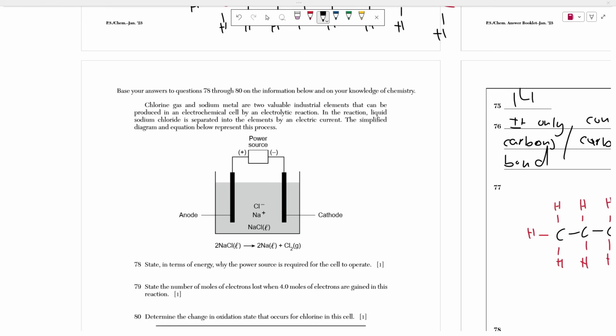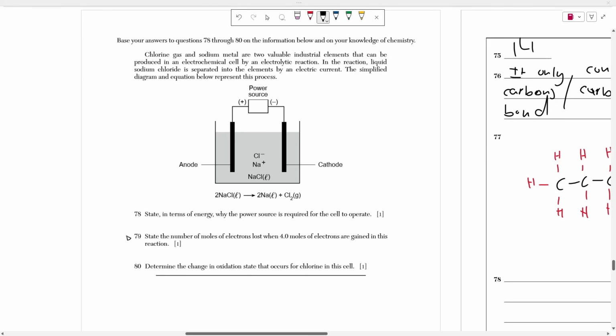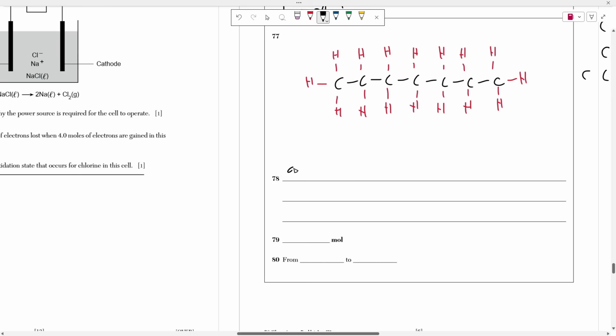Okay, so what's happening here is you have a power source, meaning that energy is being inputted, and you have this NaCl, or the sodium chloride, turning into liquid sodium and chlorine gas. It's asking, well, why is power required here? And that's because this is an electrolytic reaction. Literally, electrolytic means that you need an input of electricity. So you can say here how all electrolytic cells or reactions need